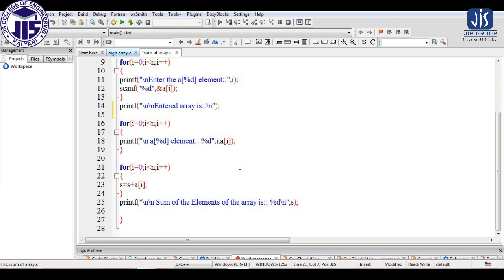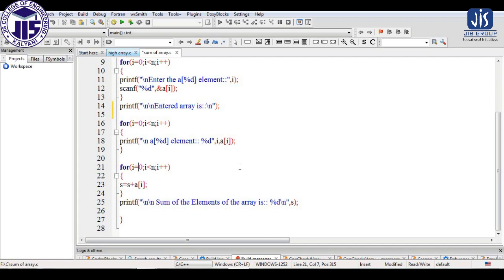So that means we have to perform the addition operation element-wise. First the 0 element, then the 1 element, the 2 element, in that way. So for that reason we are using the for loop, where i is representing the position, which starts from 0 and ends at n minus 1, because if we have 5 elements, the position of the last element will be 4 as we are starting from 0. So the condition is i less than n.